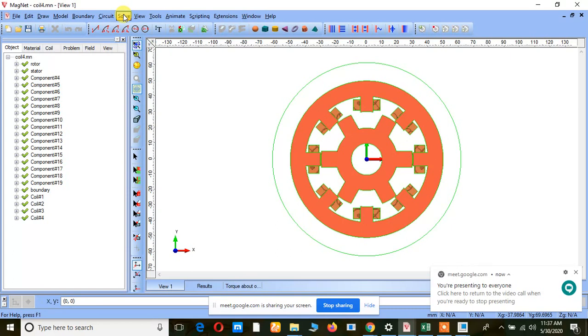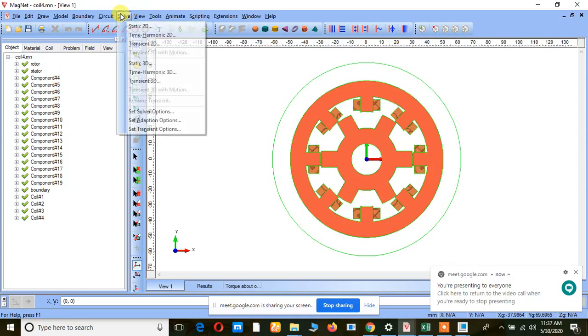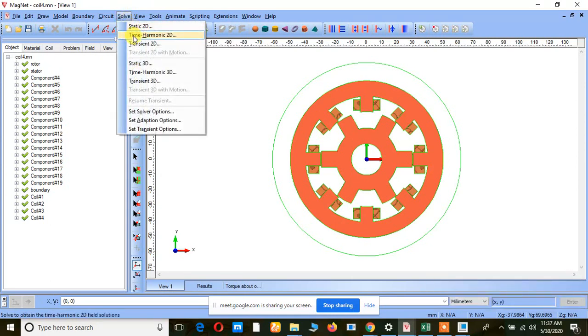Whether you are giving current or taking current, we can analyze with these FEA packages. We can do static analysis, time harmonic analysis, and transient 2D analysis, which is only variation with time. Transient 2D with motion means variation with time as well as variation with the rotation of the rotor. All these things we can do with these packages in 2D as well as 3D.